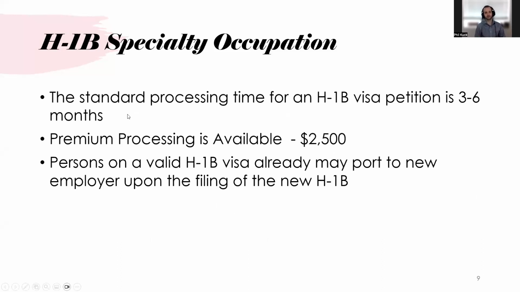Right, so the standard processing time for an H-1B visa petition is typically 3 to 6 months. However, there is premium processing. You can get it real quick, 15 days. Persons on a valid H-1B visa already can port to a new employer upon filing of the new H-1B, though you do need to make sure that the new employer has filed prior to your authorization of stay expiring,